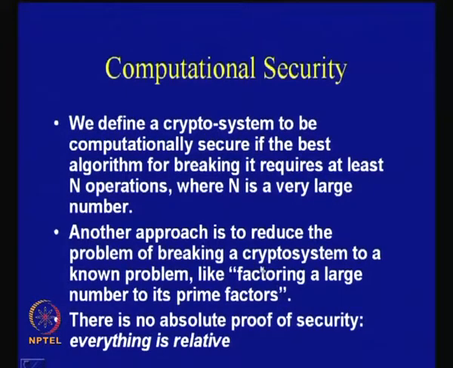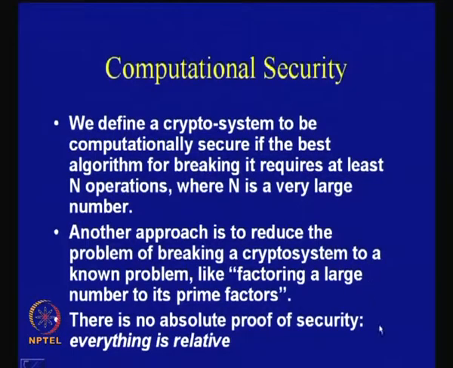Okay, so although we do not have real proofs for proving this fact, the idea is that this particular problem has withstood a large number of analyses and a long period of time, and it is believed that it is fairly hard. The approach taken is that when a crypto system is given, for example, an asymmetric crypto system called RSA, and somebody asks me to prove the security of this system, the approach adopted is to reduce the problem of breaking this RSA crypto system to this known problem.